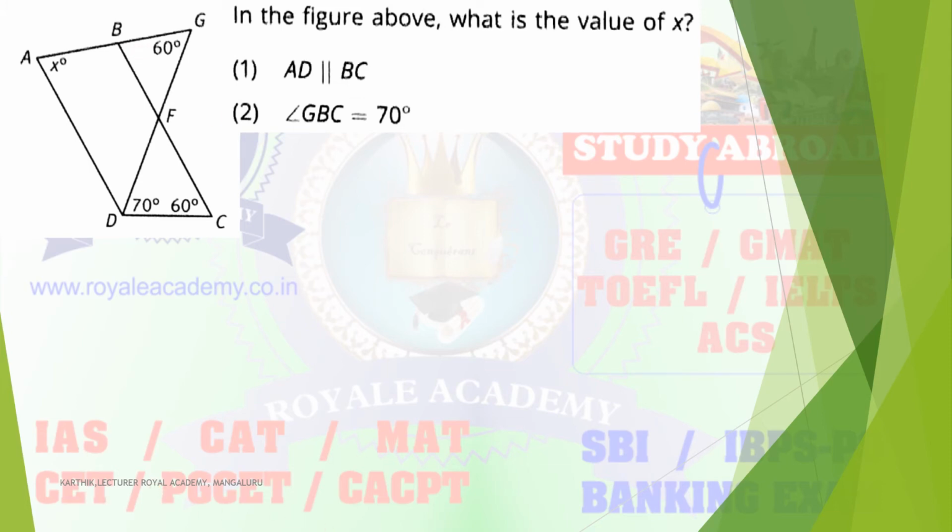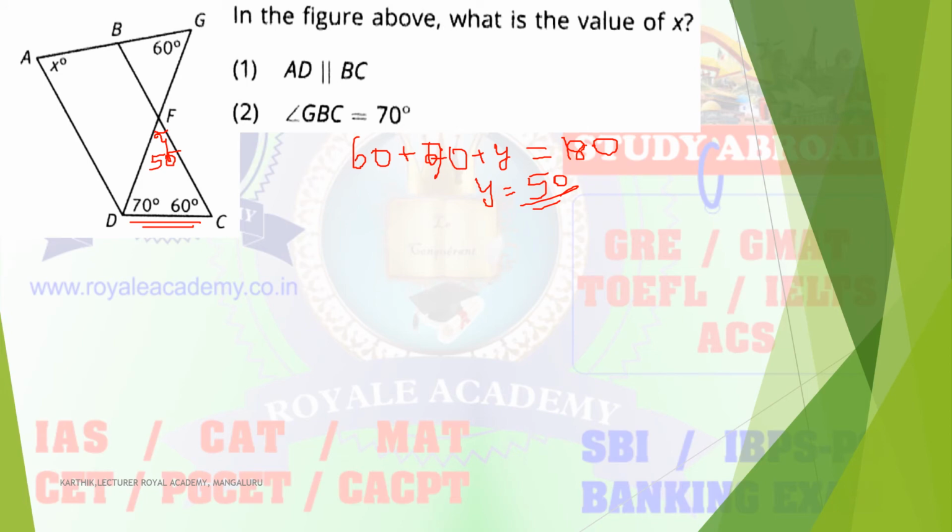So just try whether it is possible to find out the angle of B. So here you can see 60 plus 70, plus this 70. Total in the triangle is how much? 180 degree. So from that you can determine the value of y. I have written y. So 60 plus 70 is 130, so y is equal to 50.